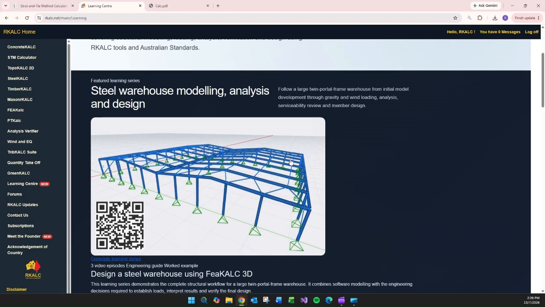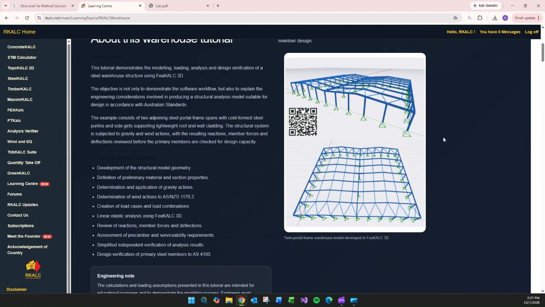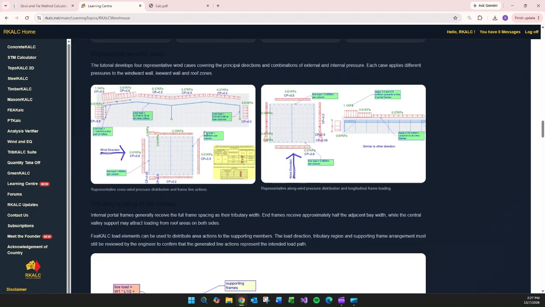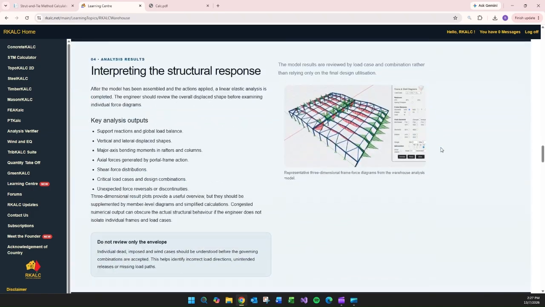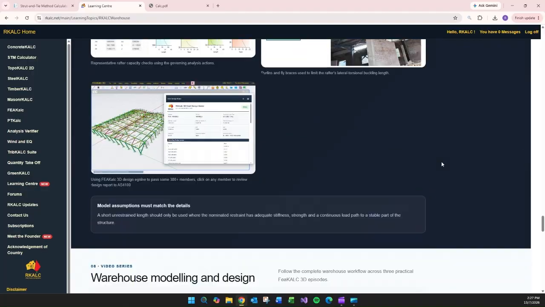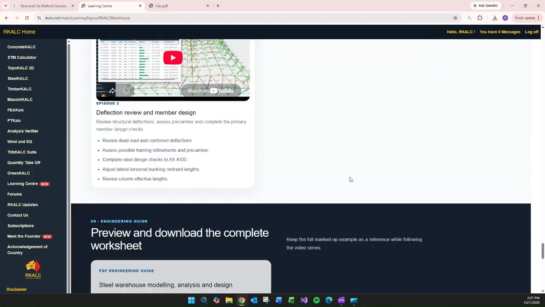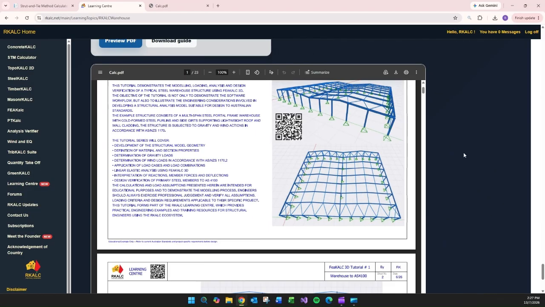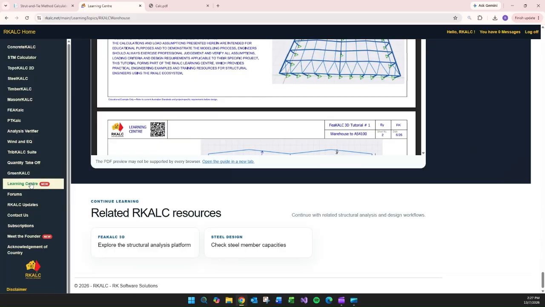The previous series of videos included steel warehouse modeling. If you click on the photograph there, you'll find all of the details of the previous example together with screenshots of the calculations we've done together and assumptions, cross checks, the videos, and you'll see as well a PDF, a downloadable file. In this video, we'll be talking about the strut and tie modeling,